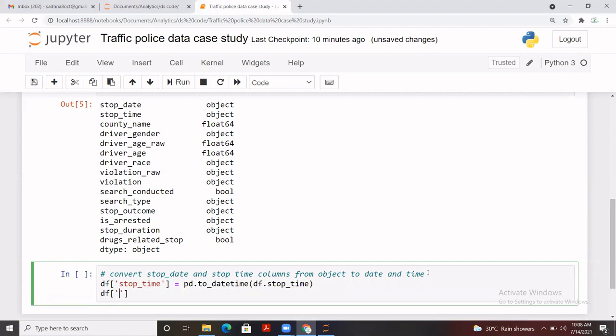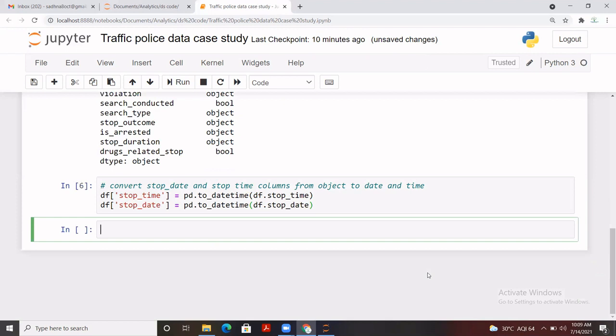So df, and that is our stop_date, and we are going to convert that column as well, which is pd.to_datetime and df.stop_date. So this is what we did, right?